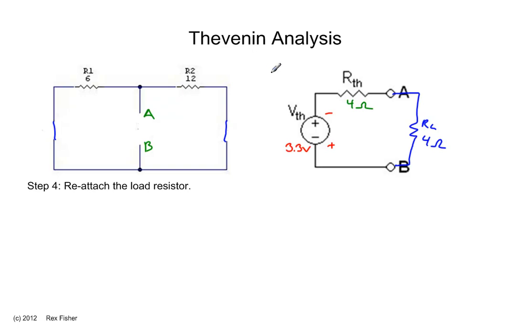Now we have a simple series circuit. Current's going to flow out of the battery and go in this direction. That current is going to equal the total applied voltage, 3.3 volts, divided by the total resistance, which is 4 ohms plus 4 ohms. It gives us 8 ohms, and the current equals